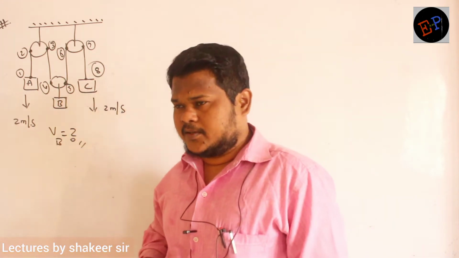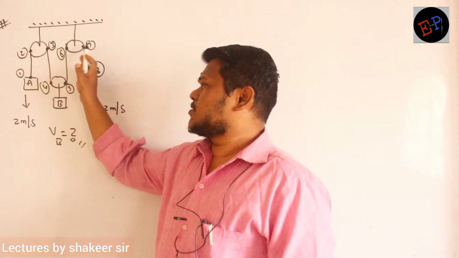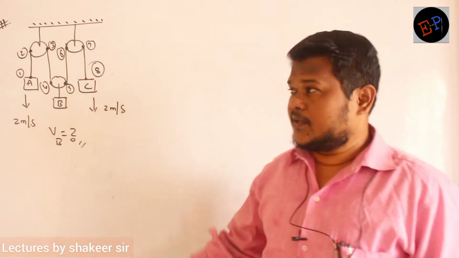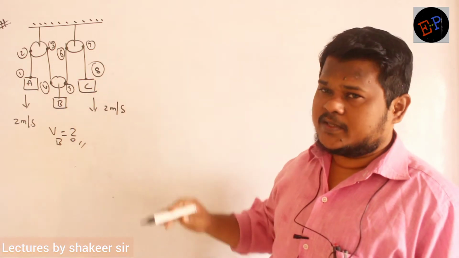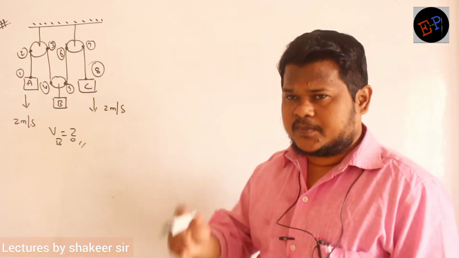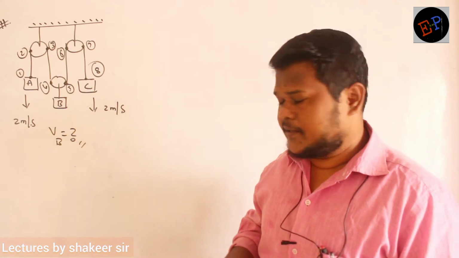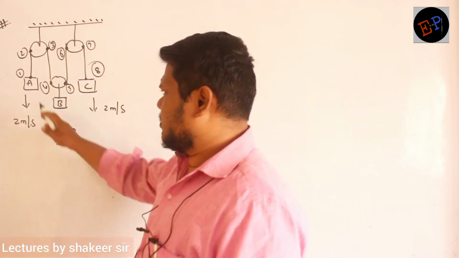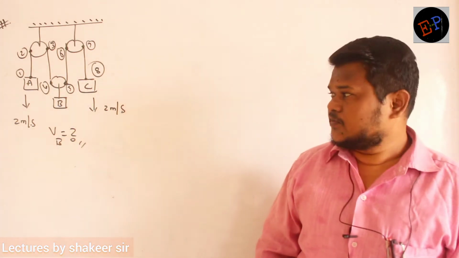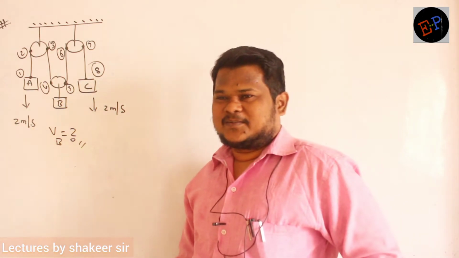8 points. Clear? See, one thing which I can say is the velocity of points 2, 3, 6 and 7 is 0. Velocity of point 2, point 3, point 6 and point 7 is 0, because those points are not moving at all. They are present on fixed pulleys. Okay? So you can neglect them. Now you see the velocity of point number 1, how much? 4. 2. Plus 2 or minus 2? Plus 2. Why plus 2?